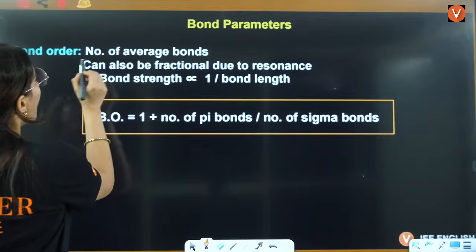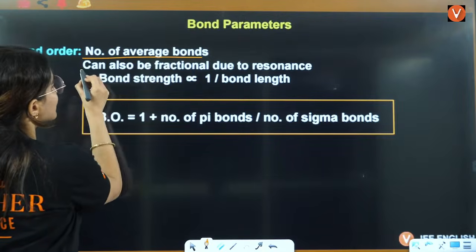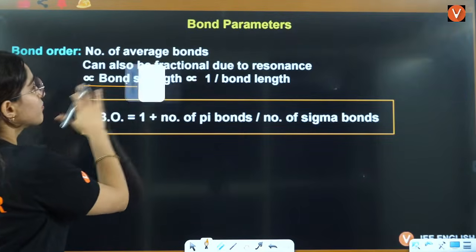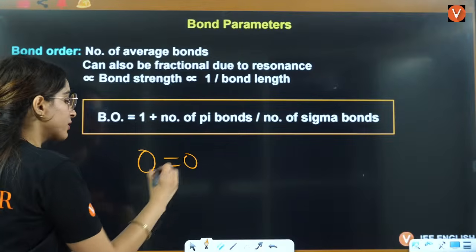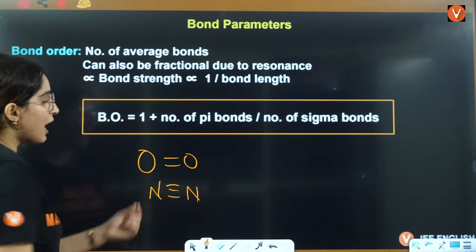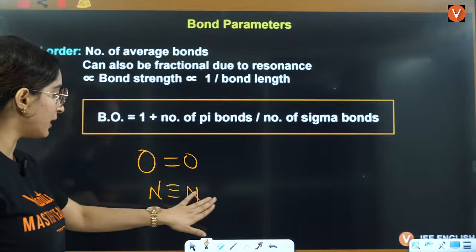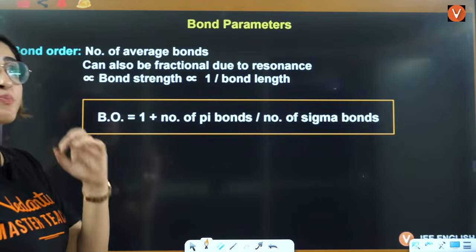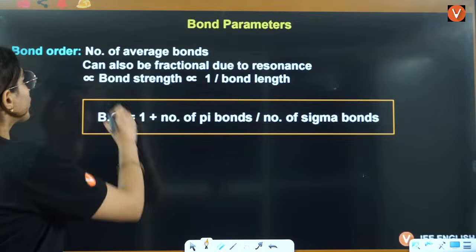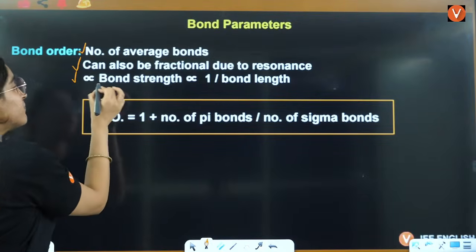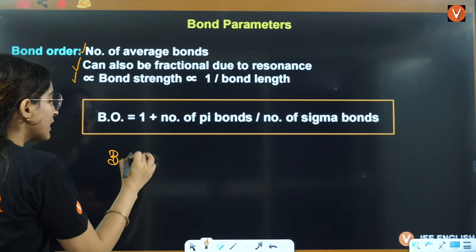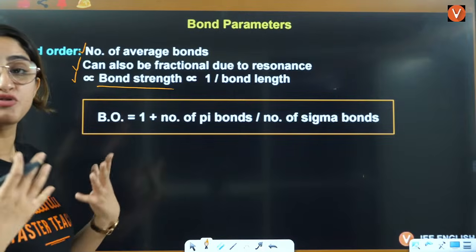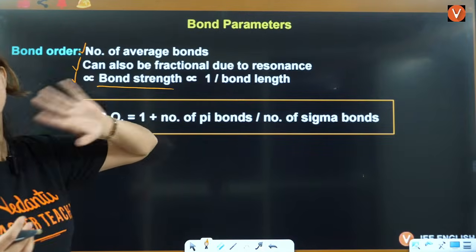Bond order is the number of average bonds, and can also be fractional due to resonance. Oxygen has a double bond, nitrogen has a triple bond, so it has bond order 2, it has bond order 3. If bond order is in fraction, that will be because of resonance, where it has a partial double bond. And bond order is directly proportional to the bond strength. More the bond order, more will be the strength of the bond,